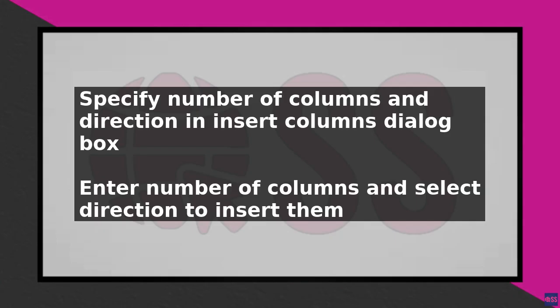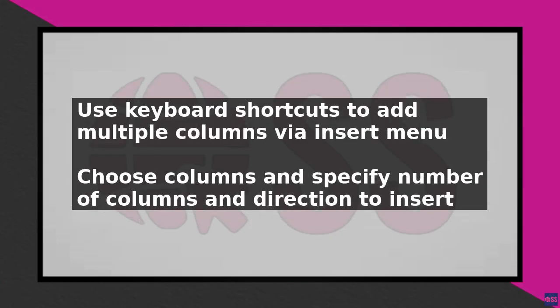Another way to add multiple columns is by using the Context menu. Select the number of columns you want to insert. Right-click and choose Insert Columns. Then specify the direction. When adding multiple columns, it is essential to consider the data you already have in your